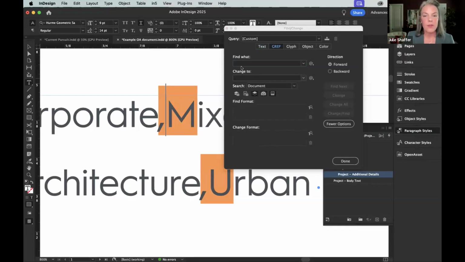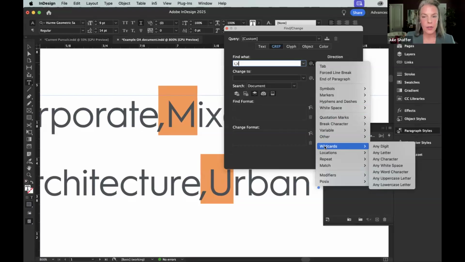So in grep, in the find what, I'm looking for a comma, and I'm going to put it in its own little group in parentheses. So I'm just going to type a little parentheses here, comma, close that parentheses. That's just telling InDesign I'm looking first for this specific group, which is group 1 is the comma. Then I need it to be a second group of whatever that letter is. And I'm going to do another little open parentheses. And I don't remember what that code is, and you don't have to. All you have to do is go to the little @ flyout menu,